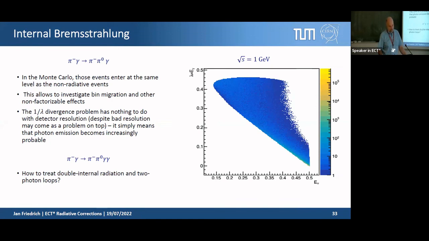This is traditionally done by the so-called exponentiation that is inspired by the investigation of the cancellation of divergences by this famous paper of Yennie, Frautschi and Suura, who have shown that for infinitely soft photons, the cancellations work perfectly, and that leads to